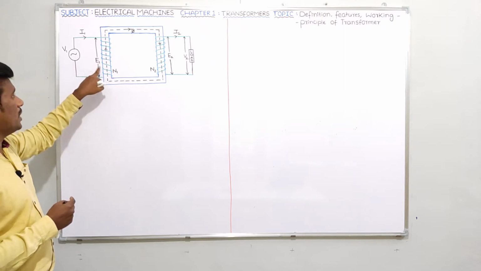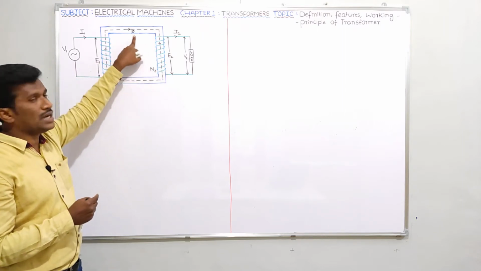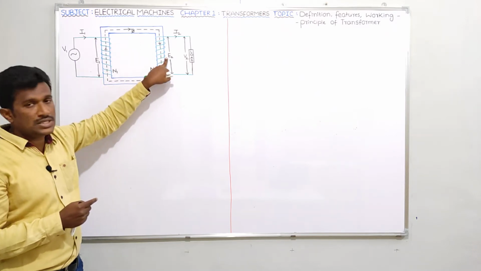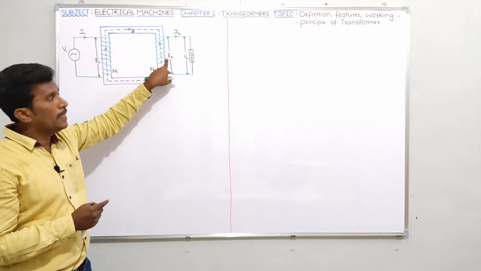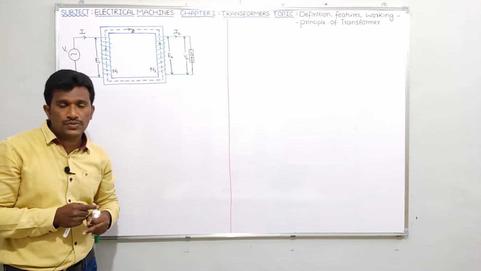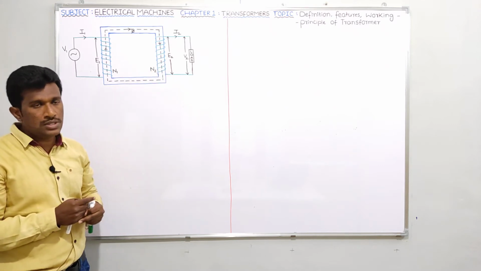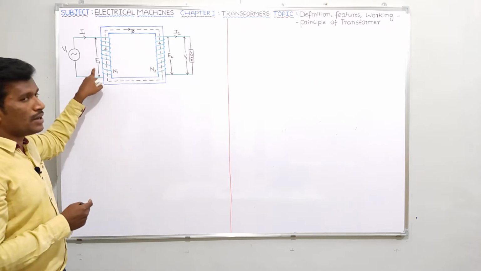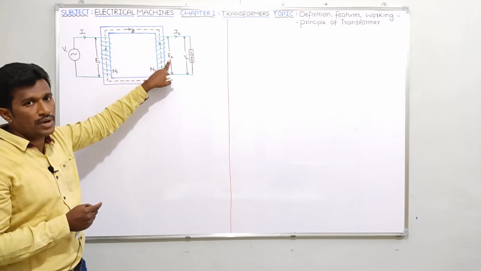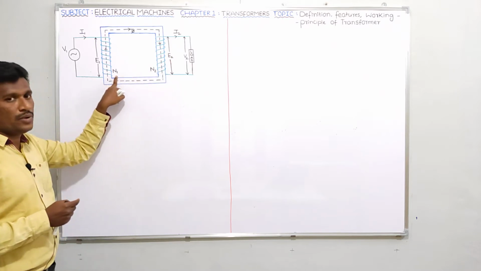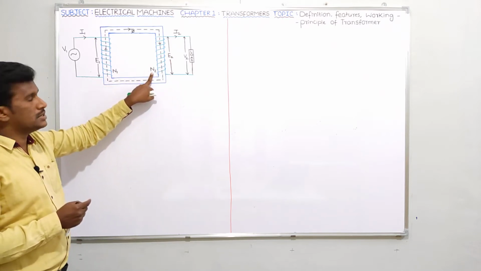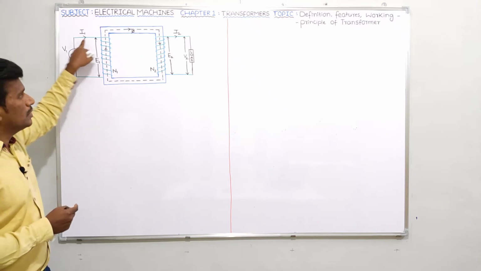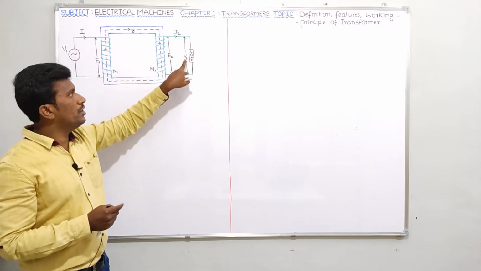The same flux will go from the primary winding to the secondary winding through the transformer core by the mutual induction principle. That flux links with the secondary winding also. Here also a rate of change of flux linkage will occur and EMF will be induced. That EMF I call E2. So E1 is the primary winding EMF, E2 the secondary winding EMF. N1 primary winding turns, N2 secondary winding turns. V1 applied voltage source, I1 primary winding current, I2 secondary winding current, V2 load voltage.